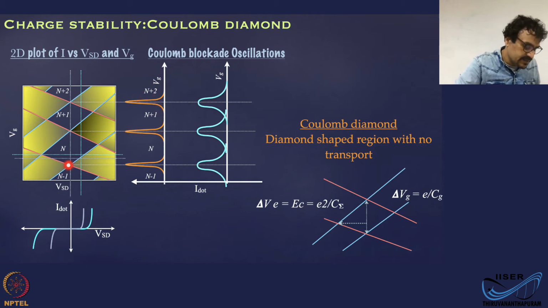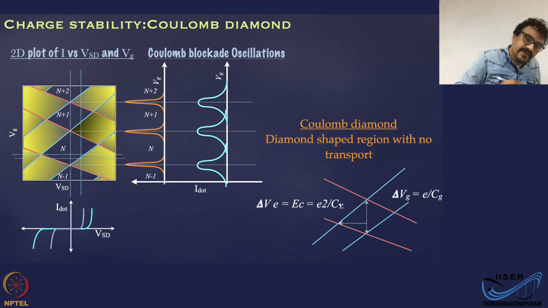At these points where two charge states meet, n and n minus 1, n plus 1 and n plus 2, they have the same energy because the parabolas cross, and you get a peak in the current. If you apply a slightly larger bias, the same thing will happen, but the current can start flowing from here itself. That means you will get a broader peak, but with the same periodicity.